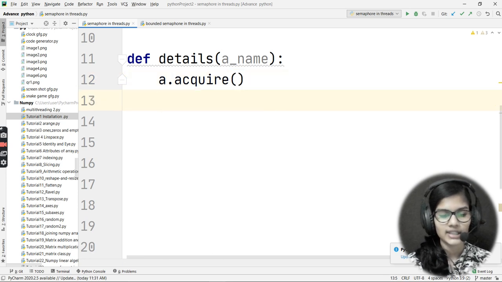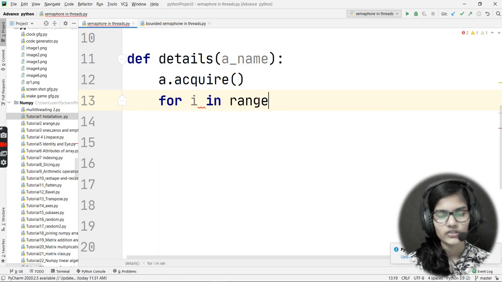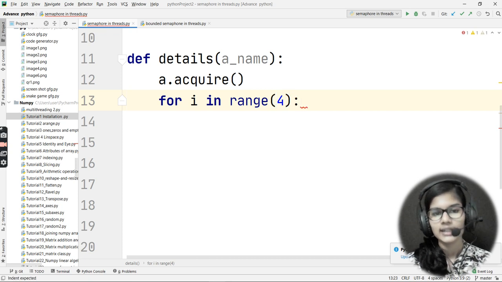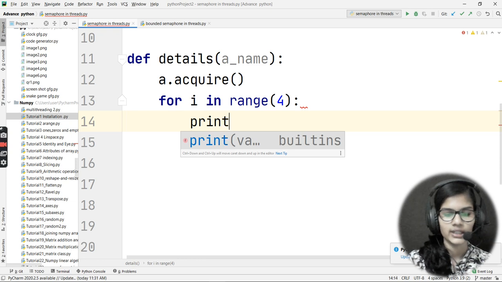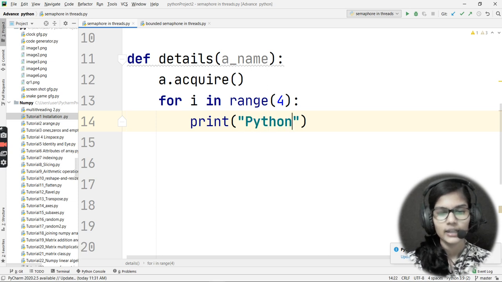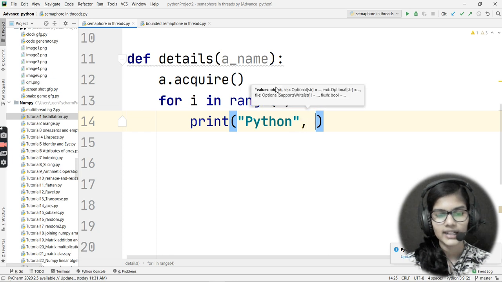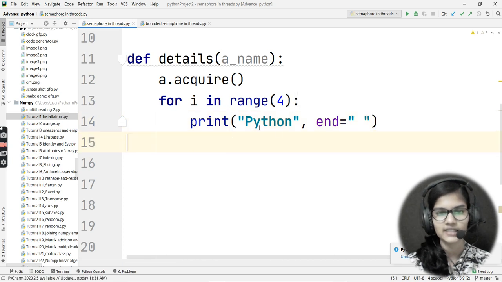Now what I would be doing is applying a for loop. So let's say for i in range, and let's say I'll write 4 here. Let's say 4 is the number which I have given inside this. So for i in range, and in the bracket it is 4. Now what I would do here is print a statement. So print, and instead of my name, let's print Python. And I would put a comma and an end here so that it gives some spaces between the things, right?